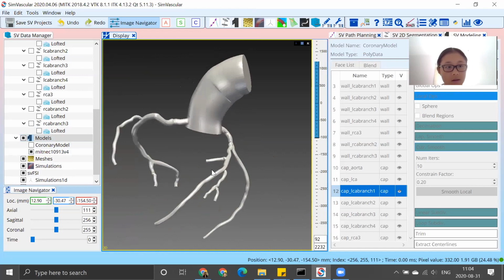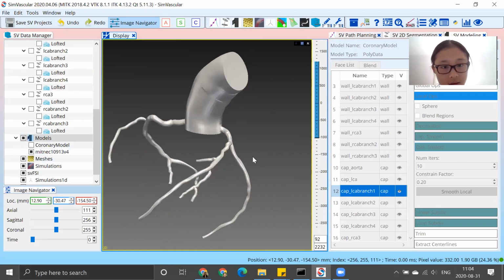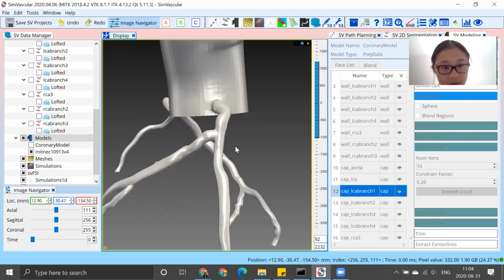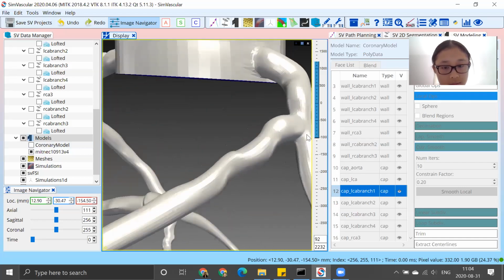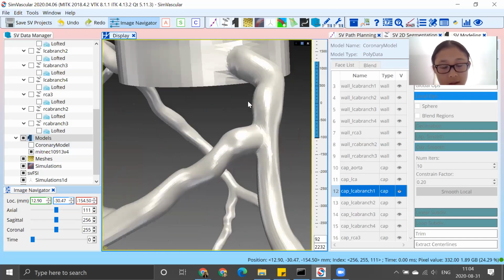So as we can see with this model, we have a lot of edges that are more smoothed out. So you can see here, this one looks